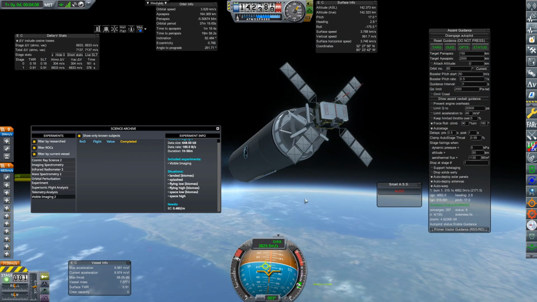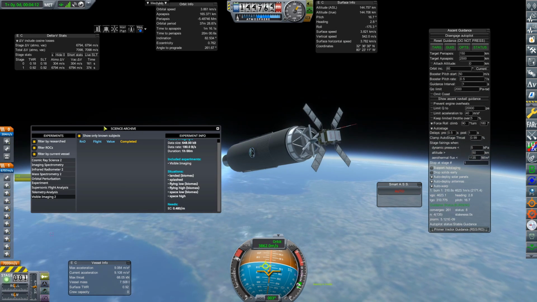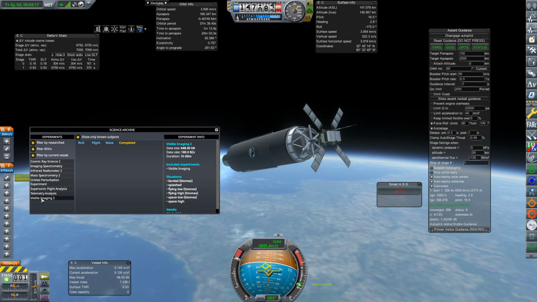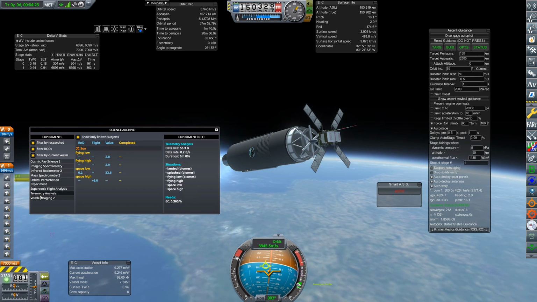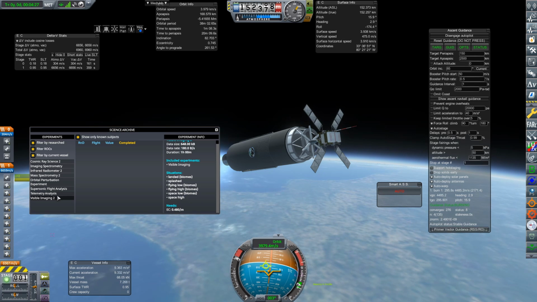But yeah, we are using all sorts of new technology on here, and I'll get to that as we get a little bit closer. But let's just go through these science experiments really quick to make sure that I understand what the heck I'm doing. So visible imaging 2, this is the more advanced camera we have going on there, so that's pretty good. Has no special requirements, but space low, space high, it has...